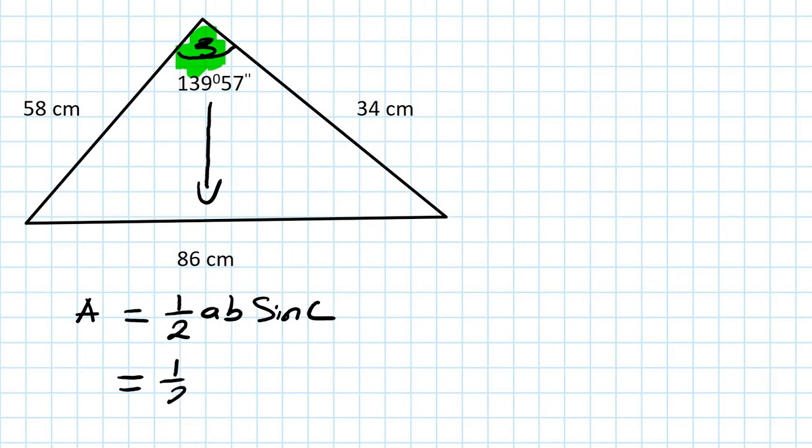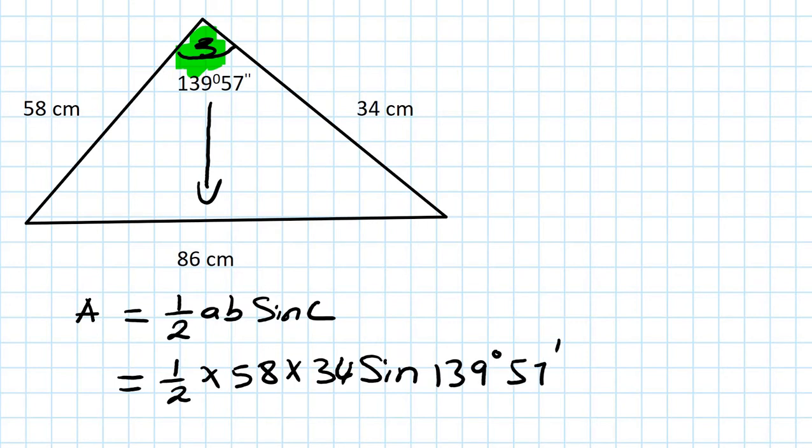So it's a half times 58 times 34, and then sine of the angle 139 degrees and 57 minutes. I run out of space here, so I write right here. So you go area equals. Put that in a calculator, and I get